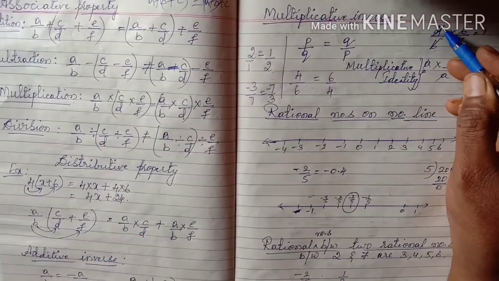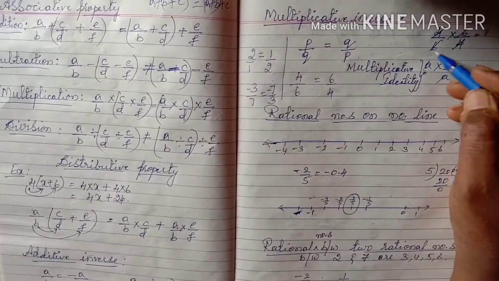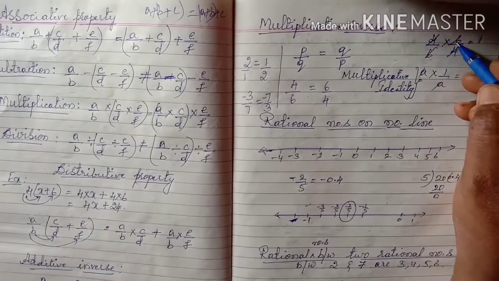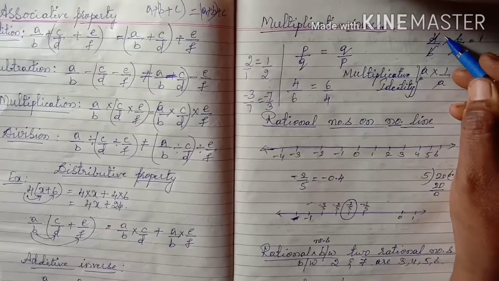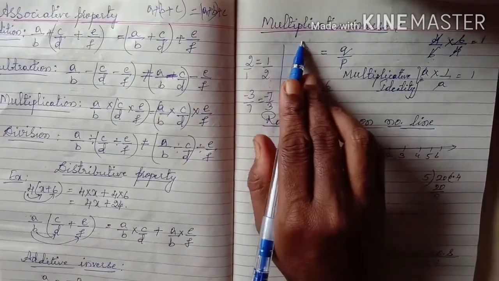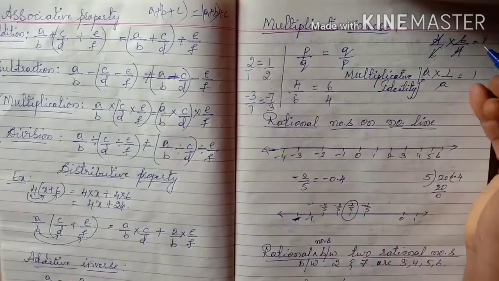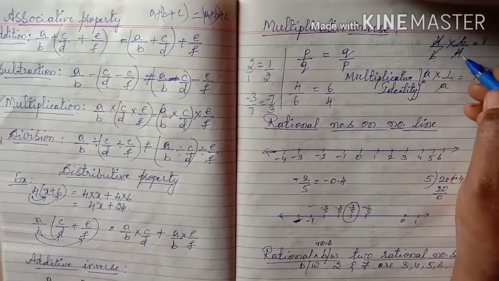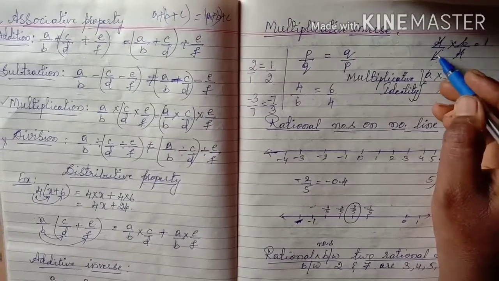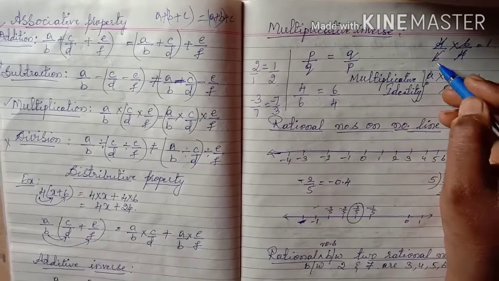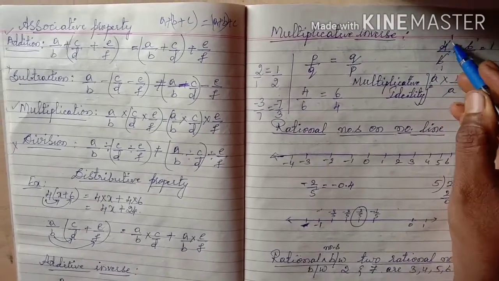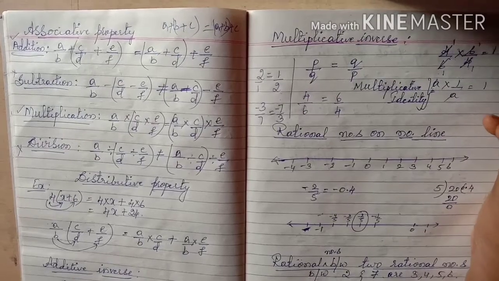So then, let us take here 4/6. We know the multiplicative inverse of 4/6 is 6/4. Yes or no, children? Now let us multiply. I have taken the into sign because it is multiplication. So 4/6 into 6/4 is equal to what? You get 1. How did we get 1 here? 6 gets cancelled, 6 ones are 6 ones are. And again 4 ones are 4 ones are. So 1 divided by 1 is what?